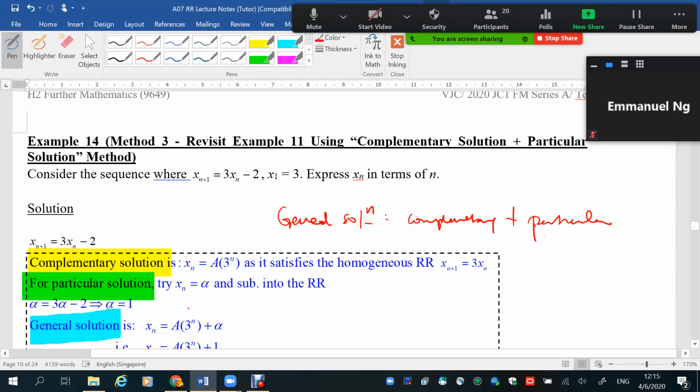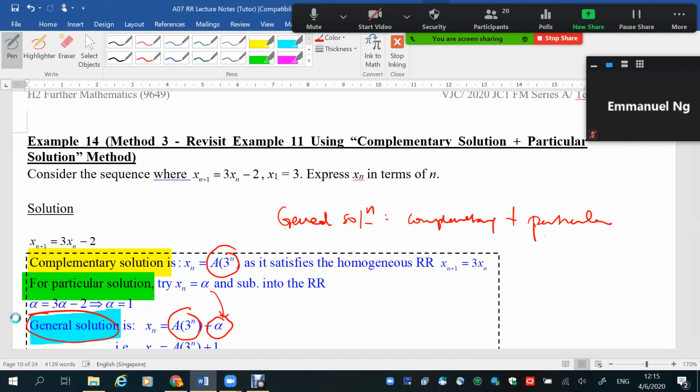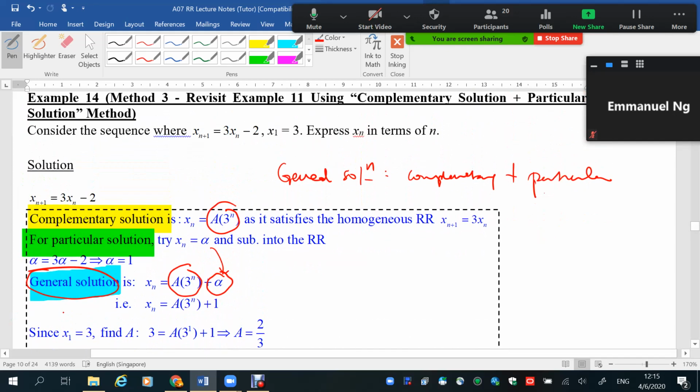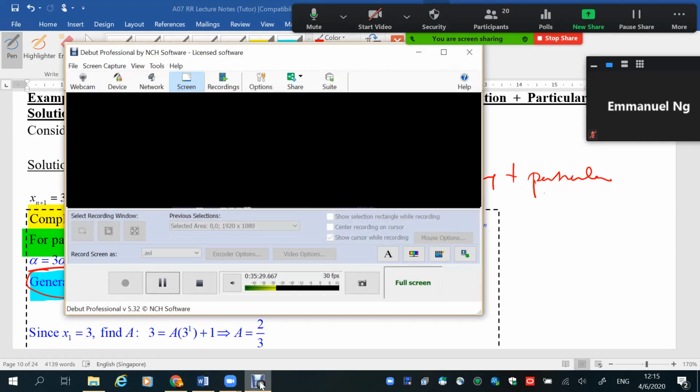So what you see here is your complementary solution. Plus a particular solution will then arrive at your general solution. So this is the little bit that I'm going to go through today, just to introduce to you in general how all these things add up into your general solution. Spend some time, go through this little bit of the solution since you have all the answers printed out for you. See whether you can understand or not. Then next lecture, when I see you face to face,